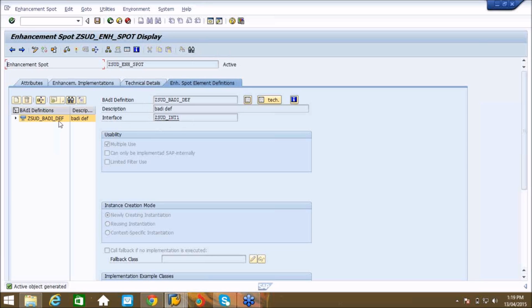Okay, so this is possible. Custom body definition and custom body implementation. You cannot do the same thing for user exit. Always SAP standard gives you some user exit which has always some function modules or screens or includes. You need to implement, but here you can create your own definition, your own implementation.